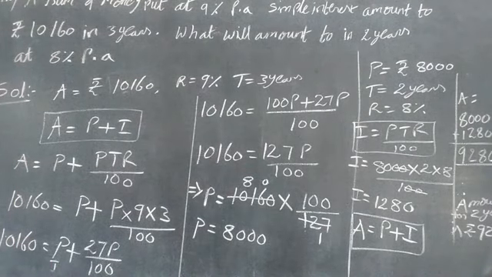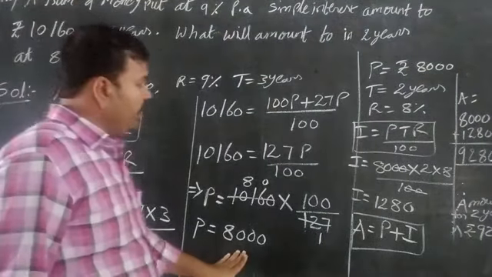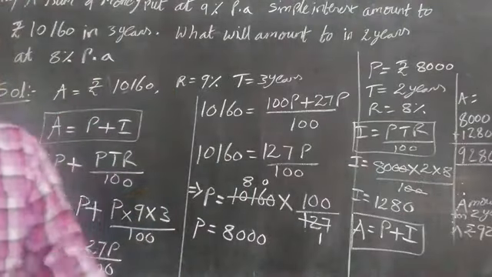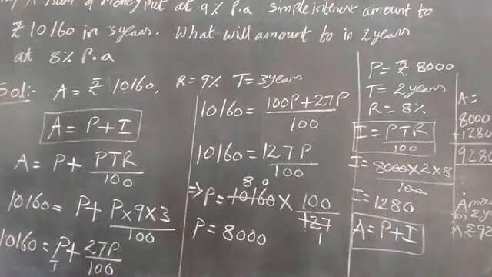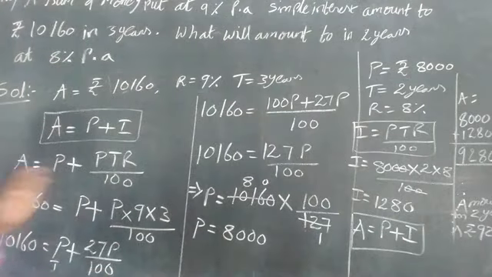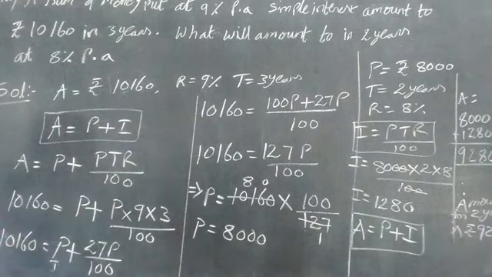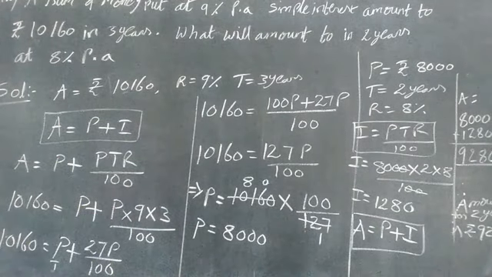See this once carefully. From this we have to find 8,000. Afterwards we use the PTR by 100 formula and substitute in this sum. Once you get P, you can directly substitute in the PTR by 100 formula. If P is not given and only the amount is given, then use expansion. This is called expansion. When P is not given and the amount is given in the form of rupees, then we have to start with the expansion formula. If it is given in the form of triple or double, there is no need to start that way; you can substitute directly, that is I is equal to A minus P. Amount is given to find interest.